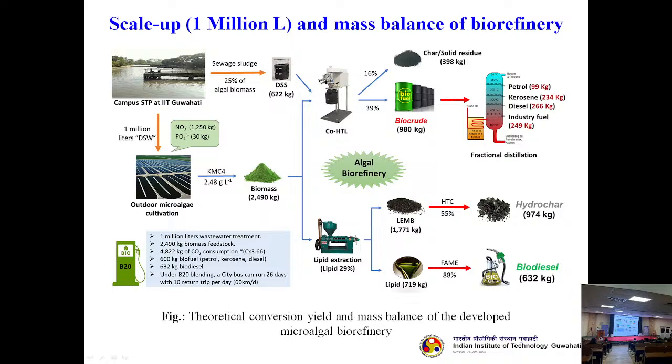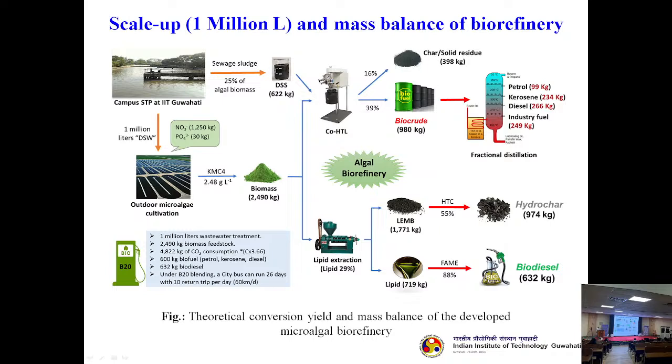Okay. Now see, this is a theoretical mass balance. Now if you want to do an exact mass balance in the industry, the figures will change at least 5 to 6%, even sometimes 10% of it. It doesn't matter. Okay, this is a holistic figure you can say. So if you start with 1 million liters of domestic sewage wastewater, we get 2490 kilograms of the algae biomass, that is for this species. Okay. To change the species, it will be different, right? So then when you go to that side, this is the upstream side, and that's the downstream processing side.